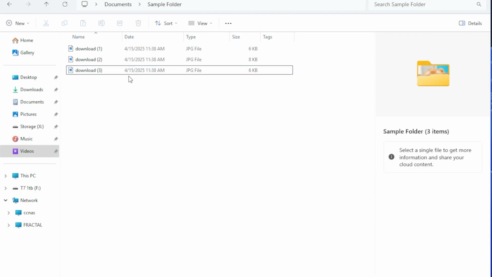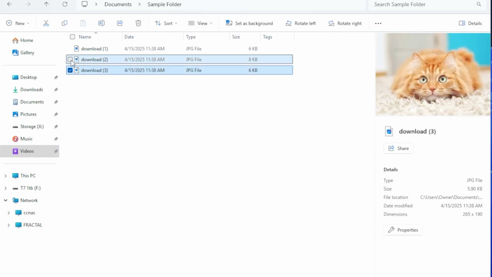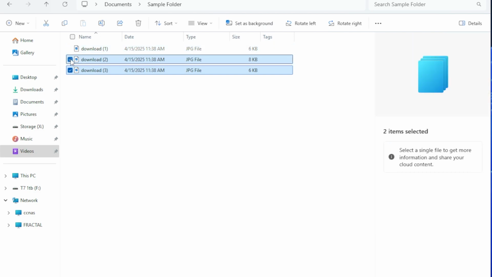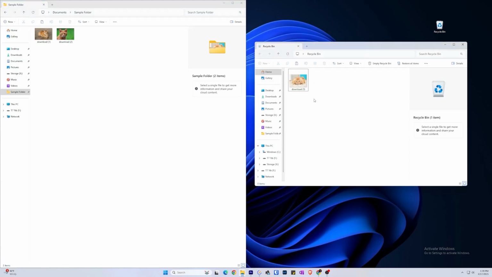If you prefer, you can go into your File Explorer's View window and choose to turn on the Item Checkboxes option, which will let you highlight a file by checking a box next to it. Once a file has been selected, we can move it to a new location by left-clicking and dragging it to where we want it to go. Here, we have our sample folder and recycling bin open in different windows and are moving File 3 by dragging it to its new home.